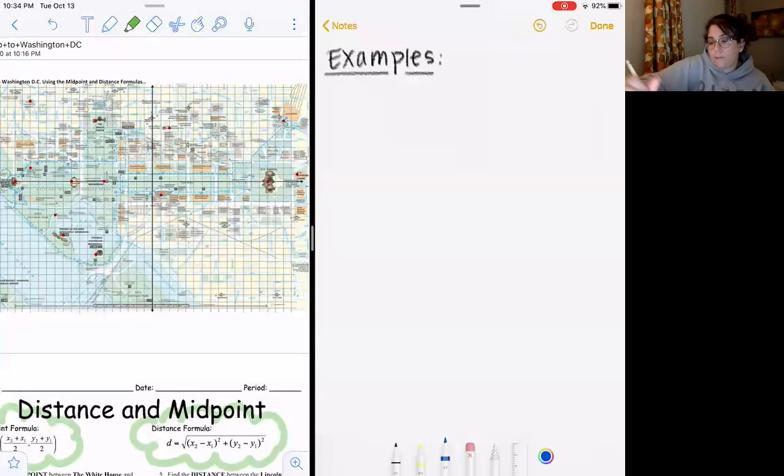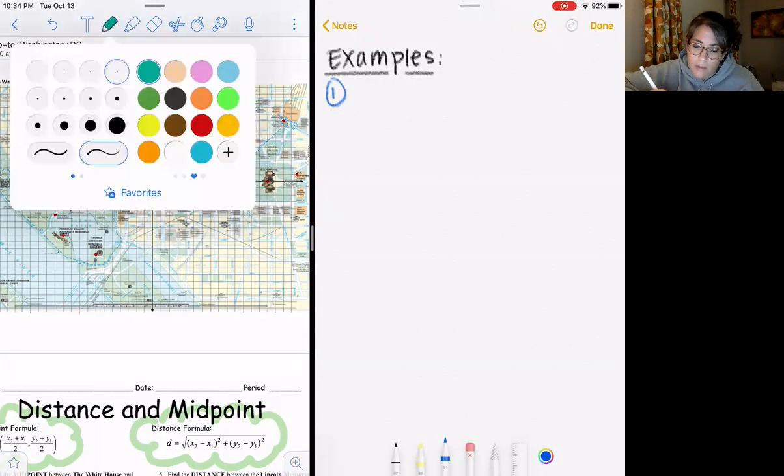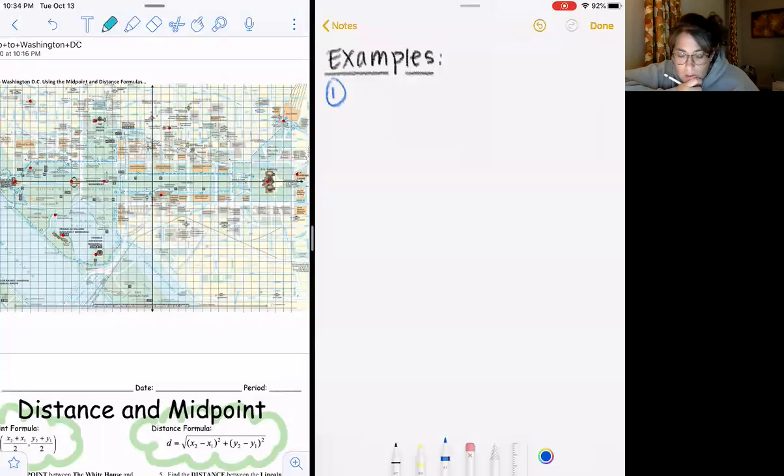So here's how I'm going to do it. The first one, we're going to do example 1. We're going to pick 2 locations. Let's pick some fun places. They may or may not be the ones on the examples at the bottom because I really don't know. So if I pick the same ones, then you get free answers. But if I don't, then too bad.